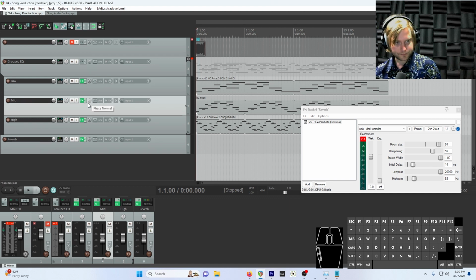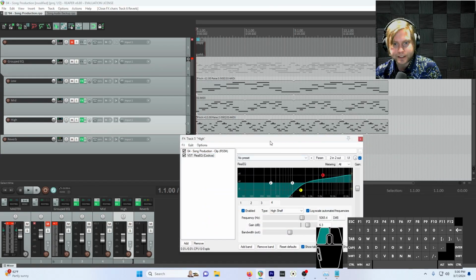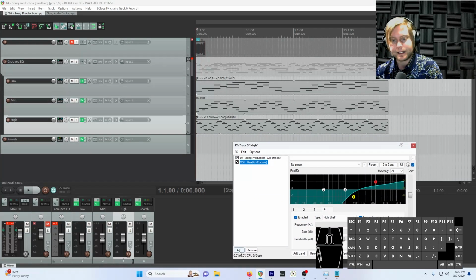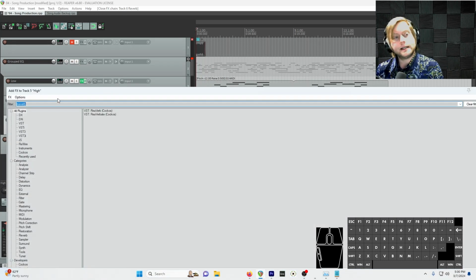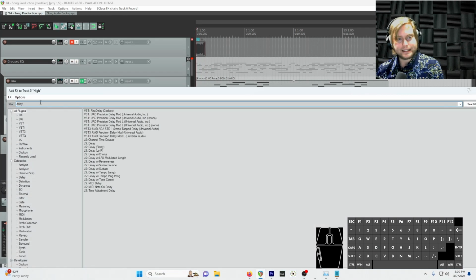So let's explore delay on our high track. I'm going to click the effects button on my high frequency track, and then I'm going to hit add, and look up delay. There are different types of delay. Reaper has a bunch of different ones built in. Rather than selecting the default, I'm going to make things a little more interesting by selecting delay with